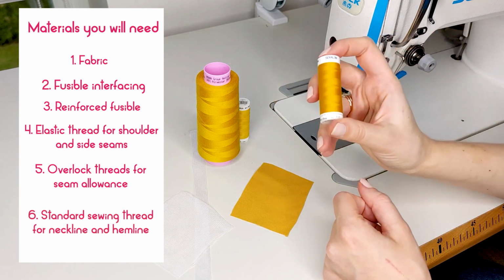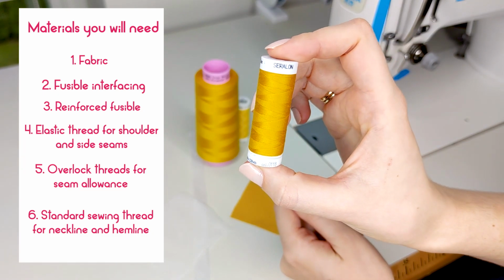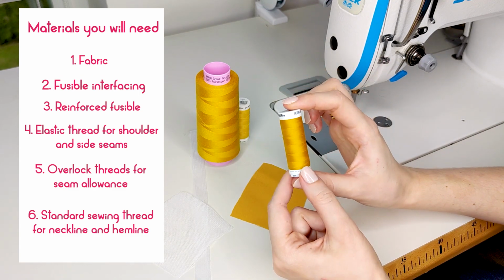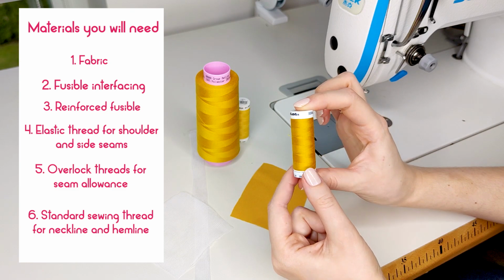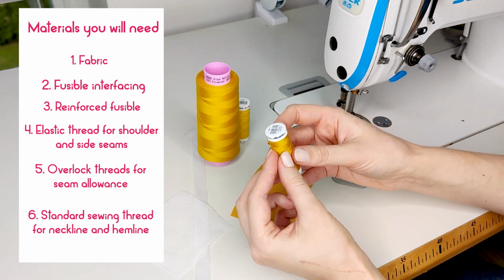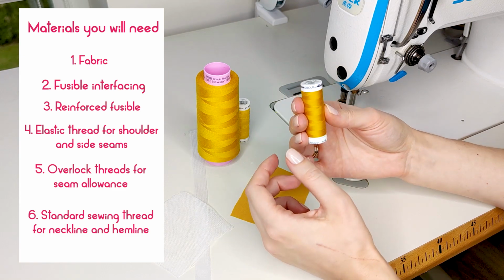And lastly, I will be using a Mettler Ceralon thread. If you're living outside Europe, you might know this thread as Metrocen, and it's an all-purpose thread which shines beautifully, has great elongation and has good sewing properties. So because this thread will be visible on the outside, we will do top stitching with it,